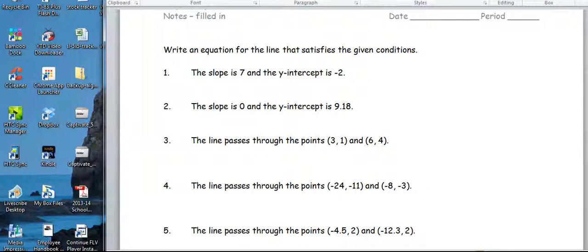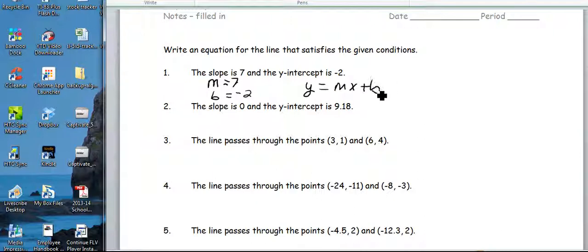Now, if you're in the habit of doing things, hopefully like I've been showing you, then you should have a few things set up. Whenever you see something like this, number one, the slope is 7. So I'm just going to write m equals 7. It says the y-intercept is -2. So I need to write b equals -2. And remember, what we're doing is plugging into this template, y equals